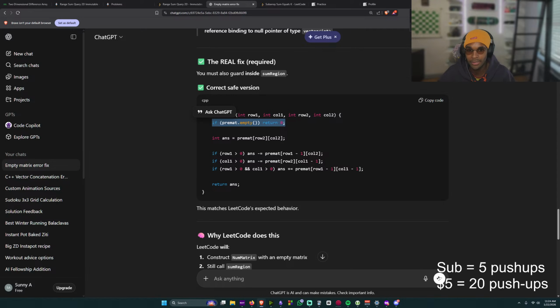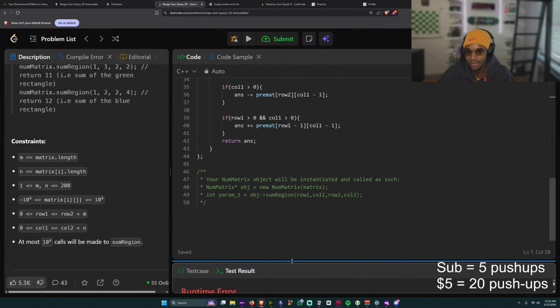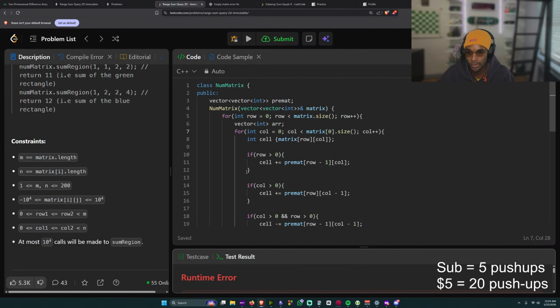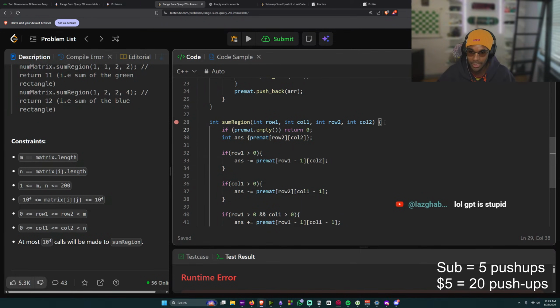Whatever. I still think that's so stupid, because clearly I'm not even submitting, I'm just running it. Whatever. I think GPT is gonna make me tweak out. It's not empty.